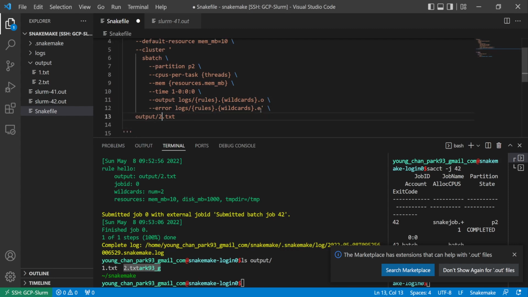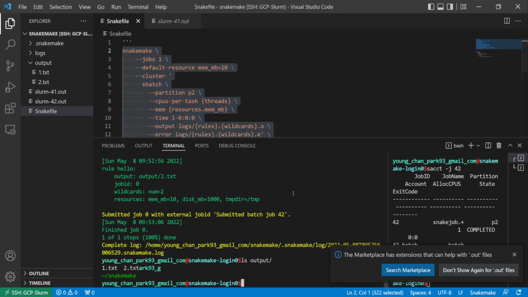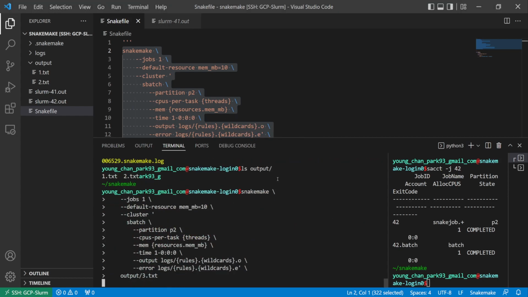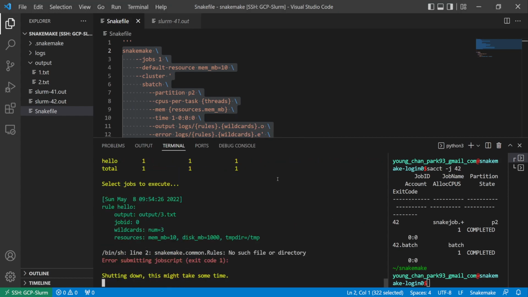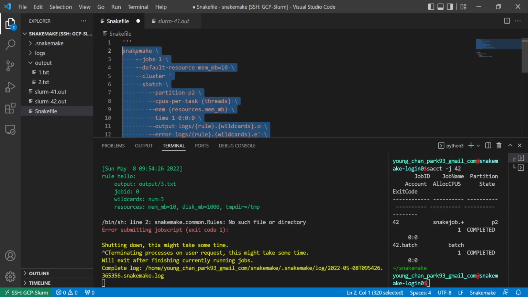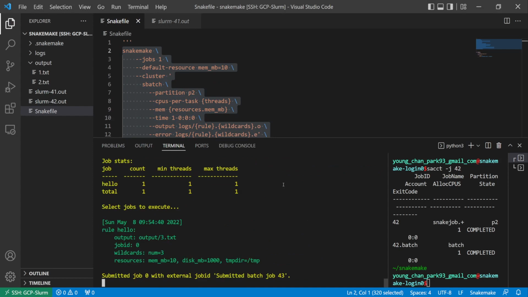And if I do that, and let's create another file. If I run this, rules, so this is a typo, sorry. Should be rule. If I submit that again,